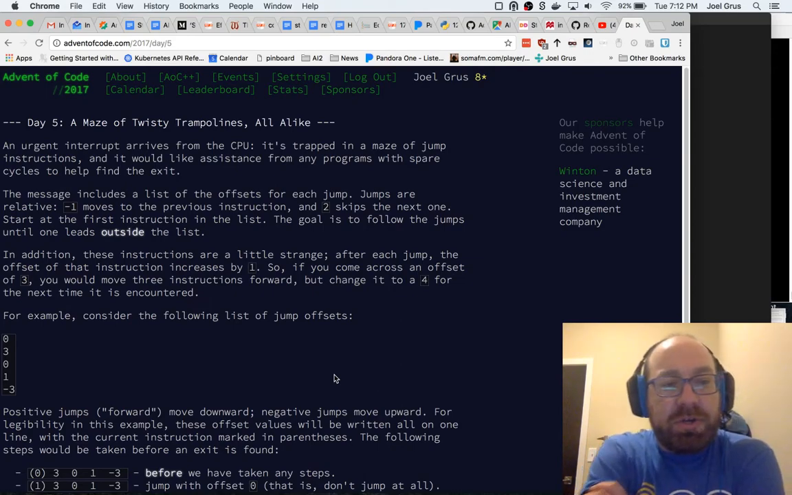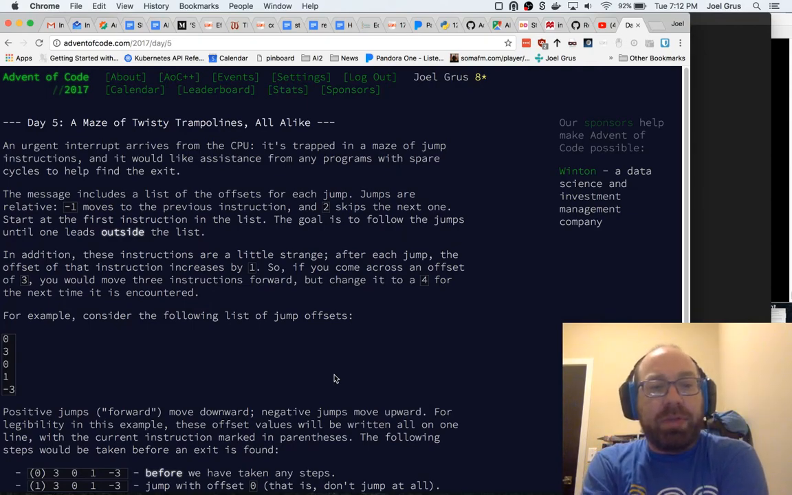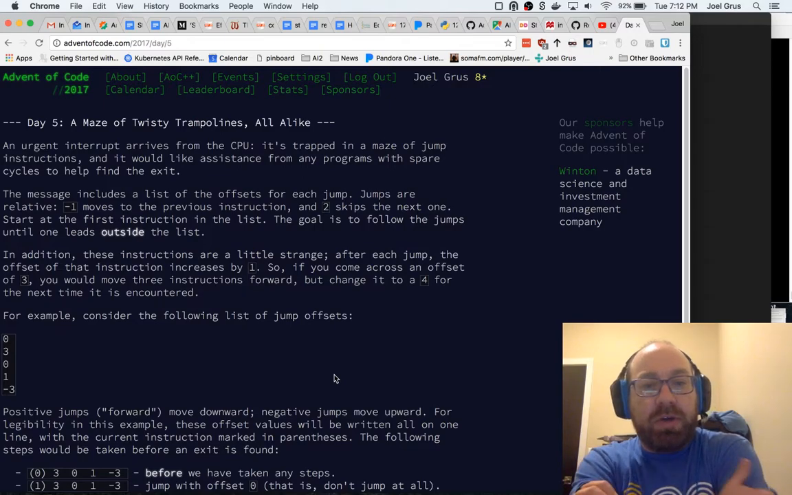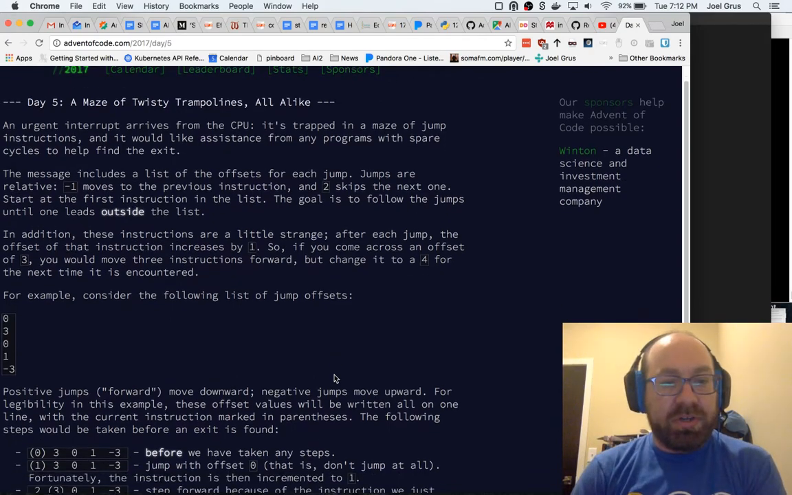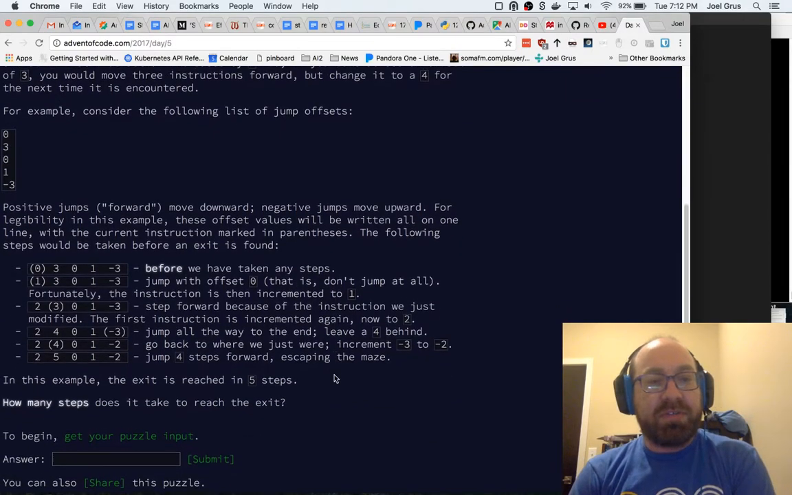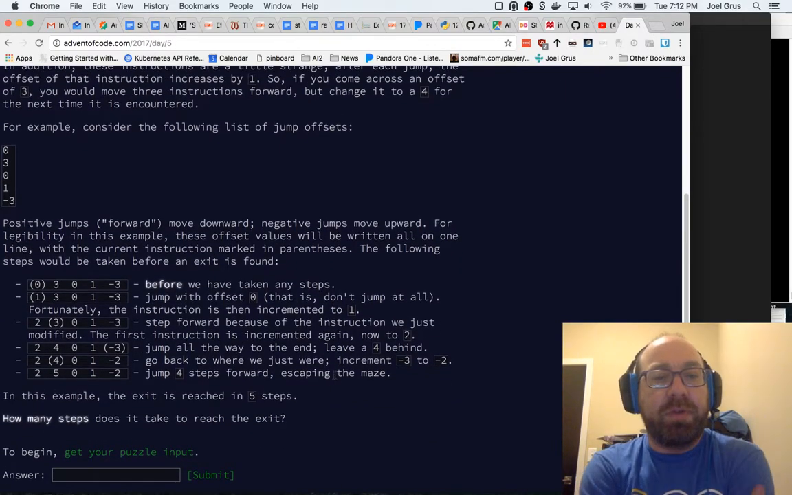In addition, these instructions are a little strange. After each jump, the offset of that instruction increases by 1. So if you come across an offset of 3, you would move 3 instructions forward, but change it to a 4 for the next time it is encountered. For example, considering the following list of jump offsets. Positive jumps forward move downward, negative jumps move upward. For legibility in this example, these offset values will all be written in one line, the current instruction marked in